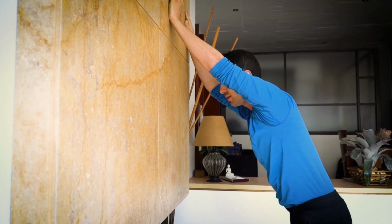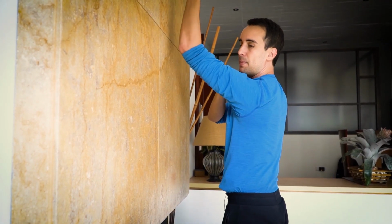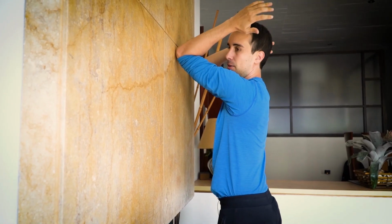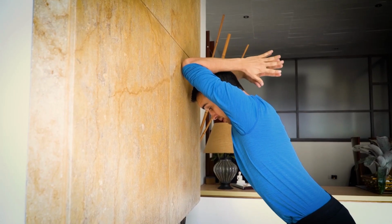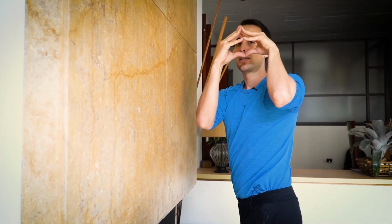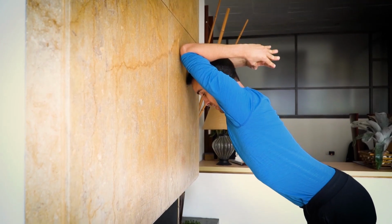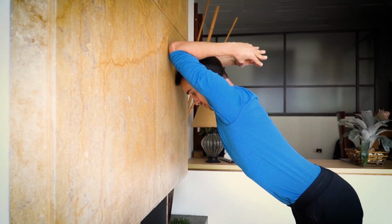So if you can't do that because you get an impinging feeling in your shoulder, option number 2 is do it from your elbows, like so, with your hands in this kind of position. So I'm here, come to my end range, and then I kind of